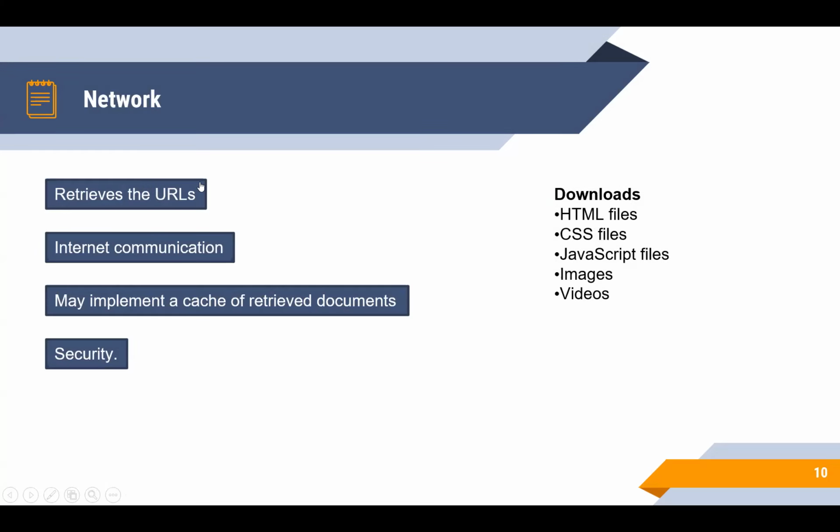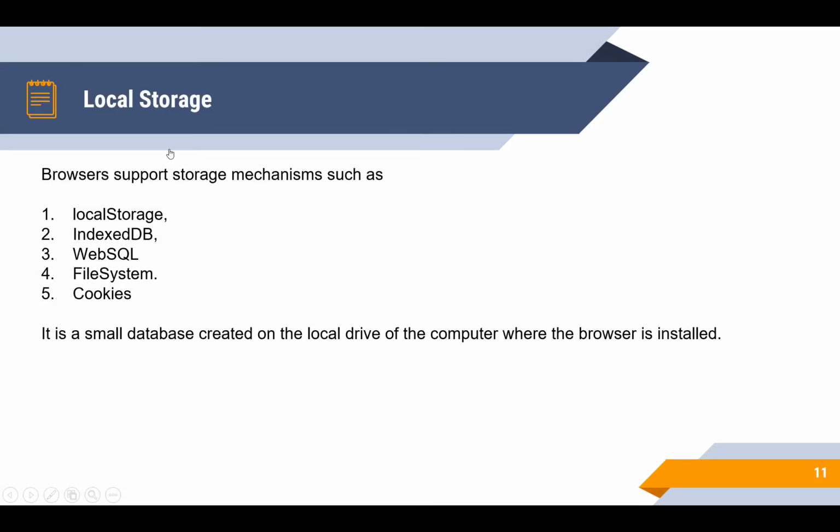Now after that, coming to the network. As I already explained, the responsibility of the network is to get all the required files from the server and make things available for the rendering engine. Now after that, coming to local storage. As I told you, local storage means what? Now these days in browsers,